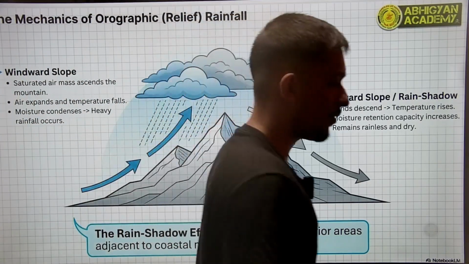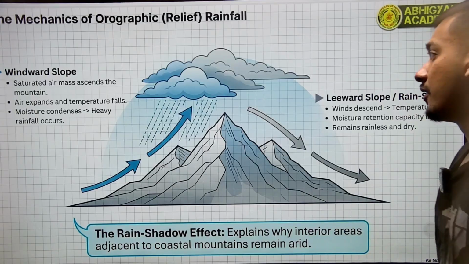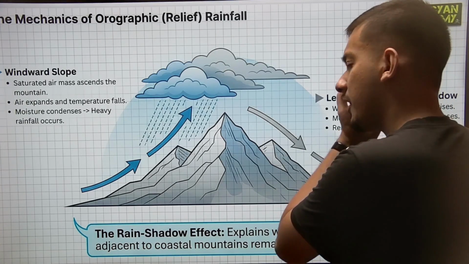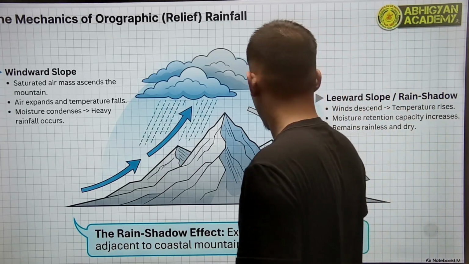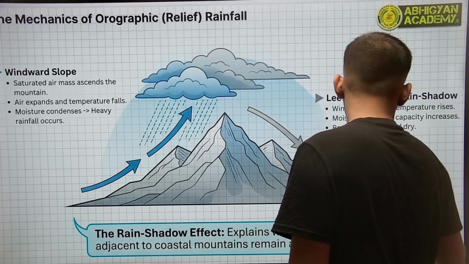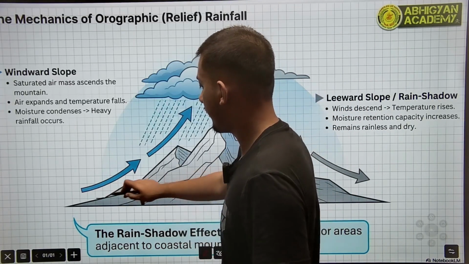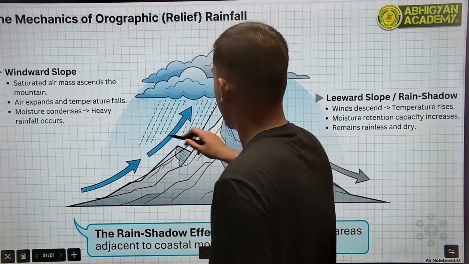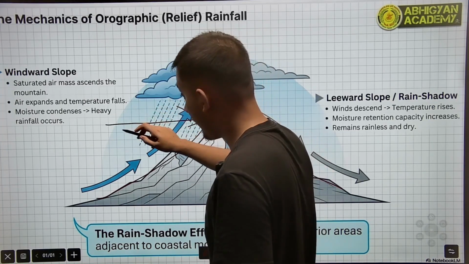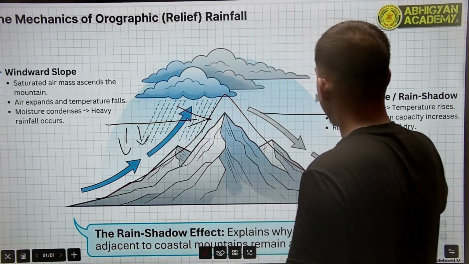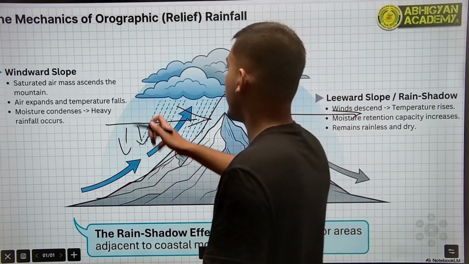So now we will learn about orographic rainfall. So what is orographic rainfall? Orographic rainfall is nothing but rainfall that happens in mountainous regions. What happens is, suppose this is a mountain here, the rain-bearing wind gets in touch with this side and rainfall happens here. Whereas this side, the leeward side, receives no rainfall. So this is the orographic rainfall.